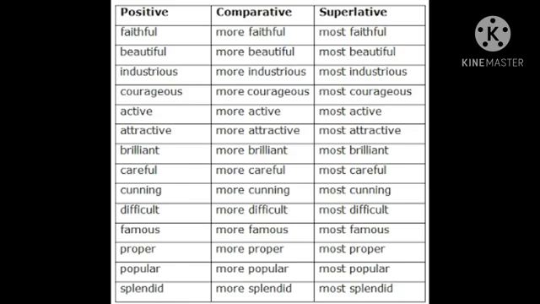Splendid, more splendid, most splendid. So such words cannot be written with er and est. Just by reading these words, we can understand that we cannot use er and est with them. So for such words, we can add more and most while comparing. And remember that when it is a comparison between two things, you want to use more beautiful than, more faithful than, more industrious than. In this way, at the ending, you want to use than. You can say more colorful than, more cunning than, more difficult than. So when comparing between two things, you want to use more and than.